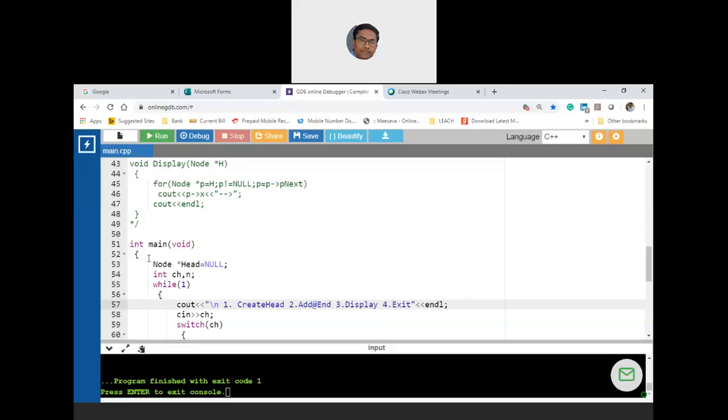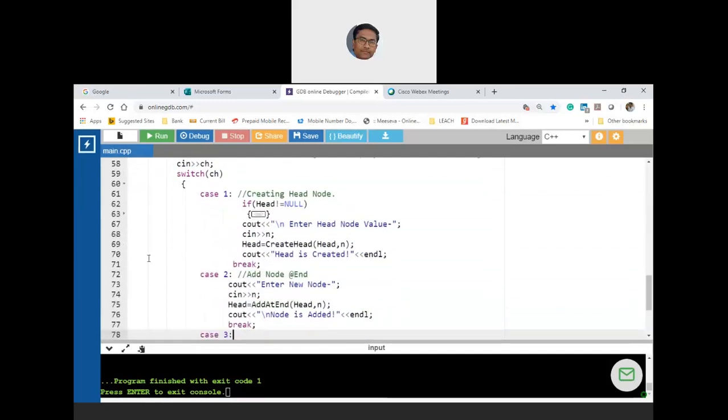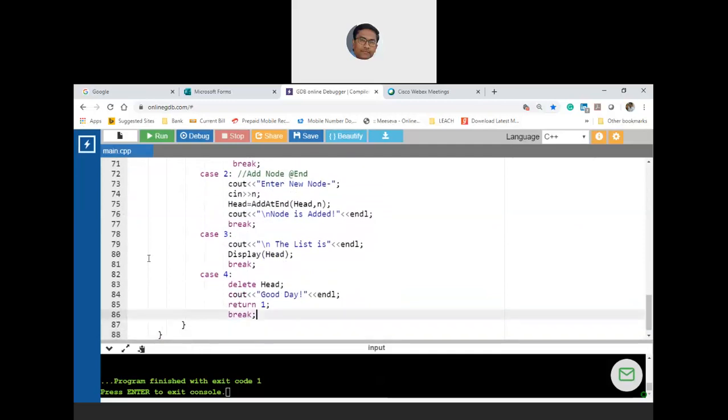Okay, already code is there. Let me take 5. Option 5 is add a node first, nothing but create a new head. Add a new node at the head, at the front. Are you following? Yes, sir. Okay, so let me use case 5 now.